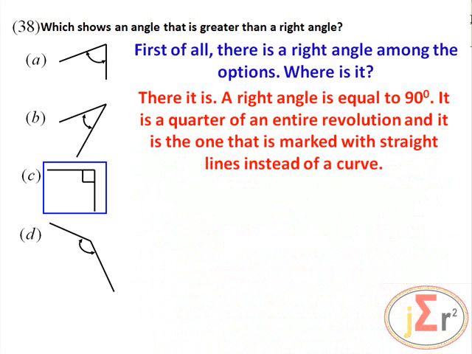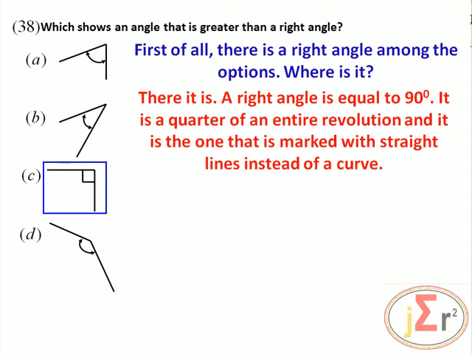It is a quarter of an entire revolution, and it is the one that is marked with straight lines instead of a curve. And we have our upgraded or updated angle cycle that gives you an approximation of some of the more popular angles that are used. And one of the most popular angles that is used is the right angle. At this level,